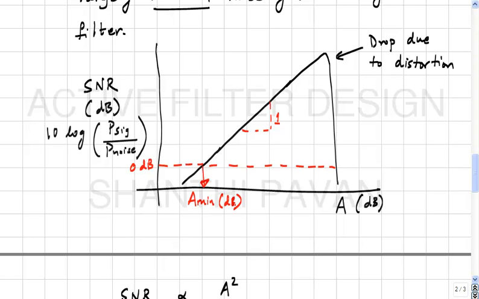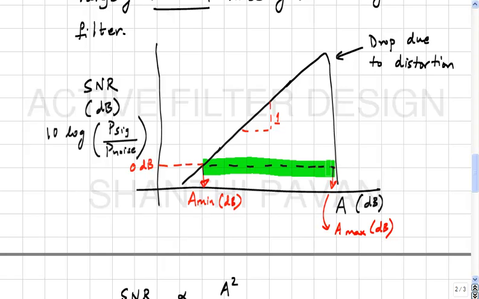All right, and there is also A max in dB. Okay. So, we see therefore that an active filter has a very definite range of signals that it can handle,